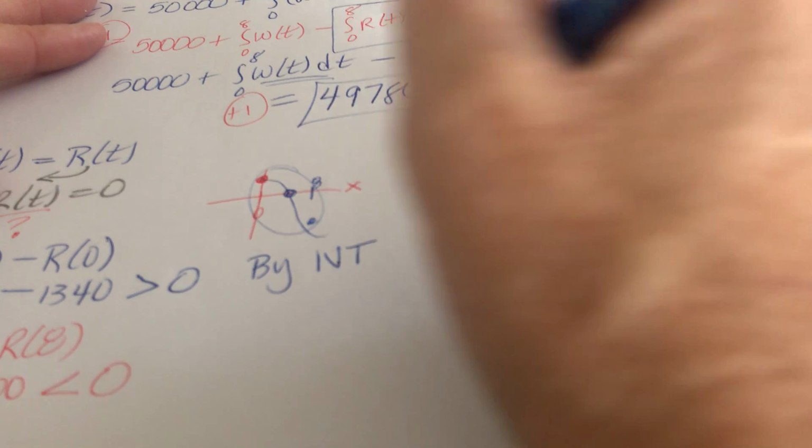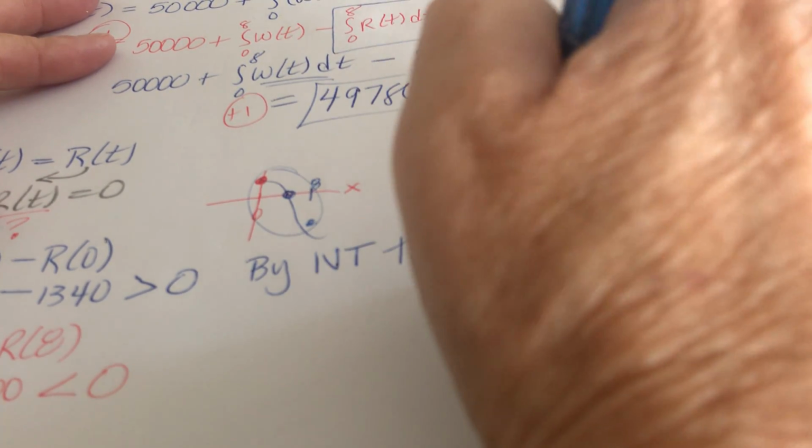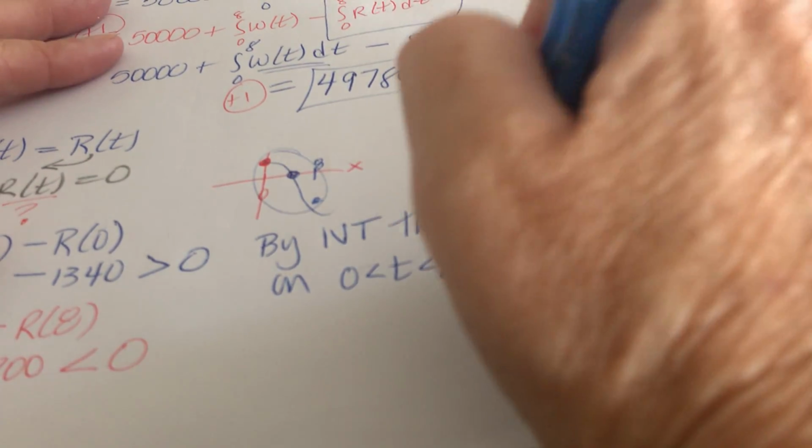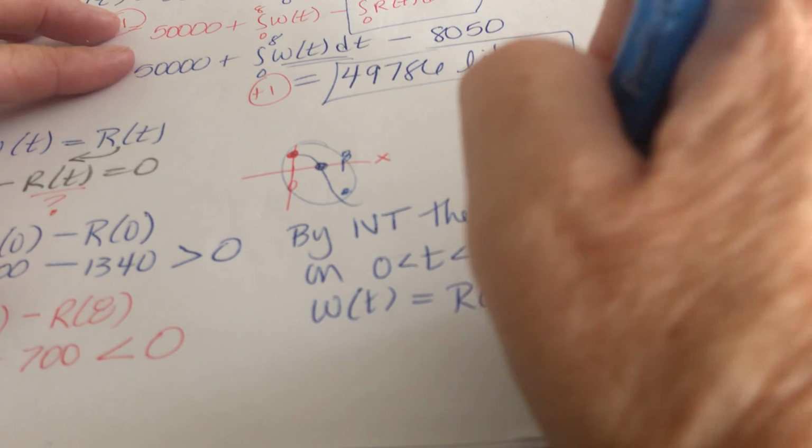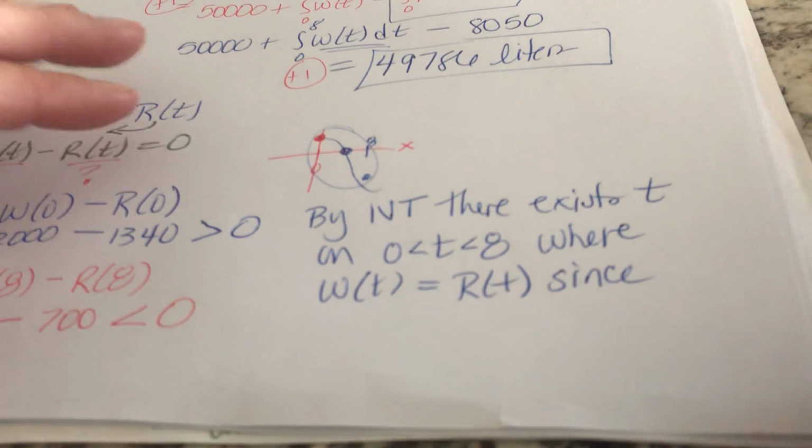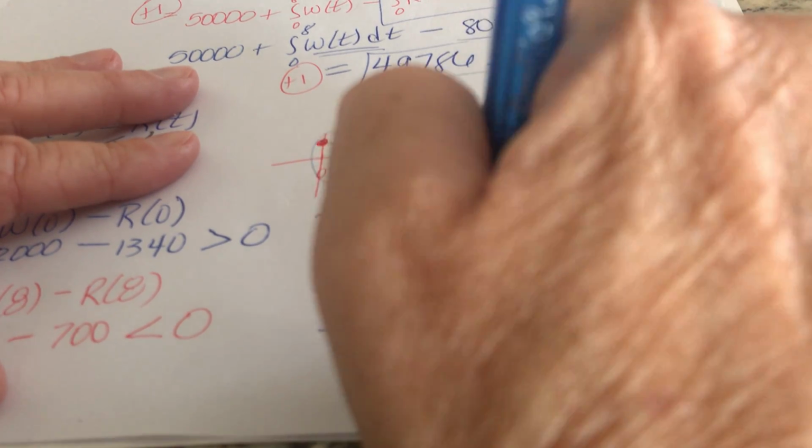By the intermediate value theorem, there exists t on 0 to 8 where W of t is equal to R of t, since the function is continuous